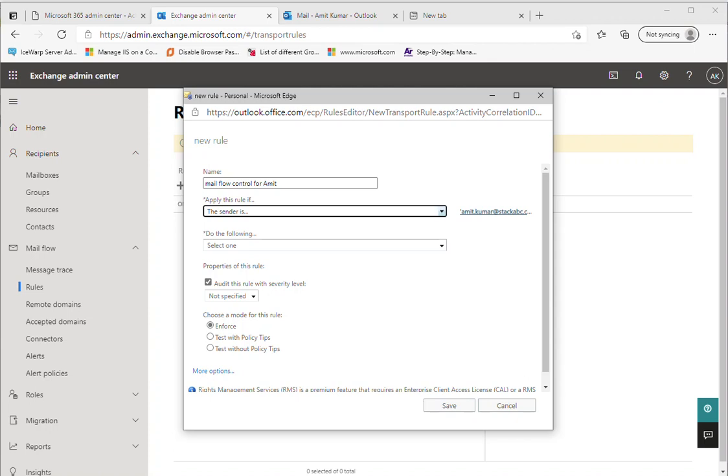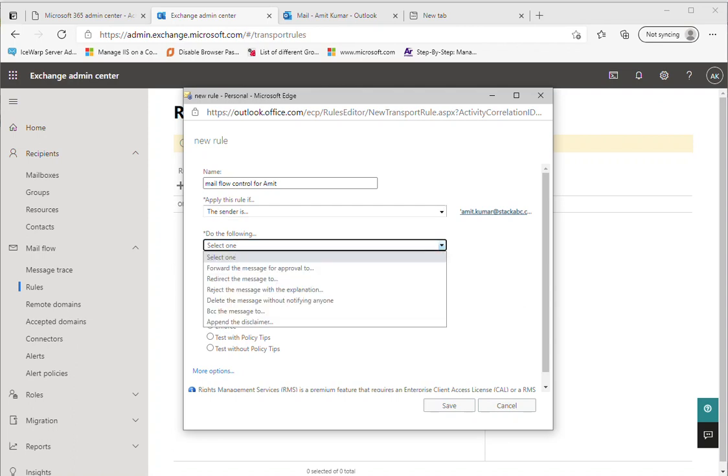The rule will be applied only if the sender ID is amit.kumar@stackabc.com. Now, do the following. If the sender is matching with this, then what do you need to do? So you need to specify the conditions.